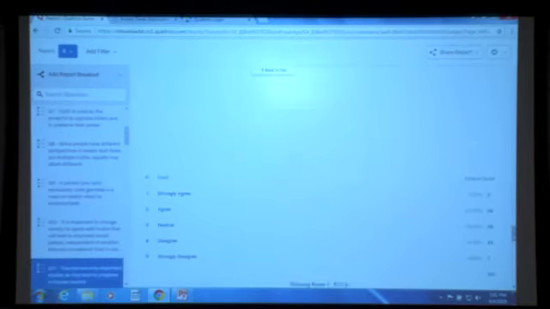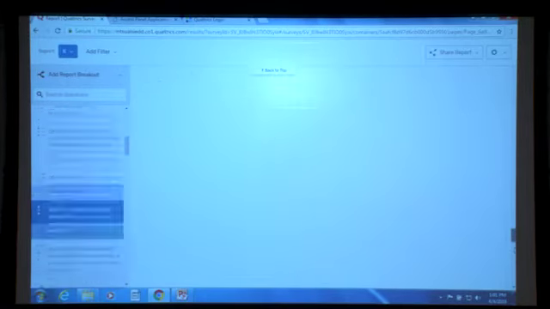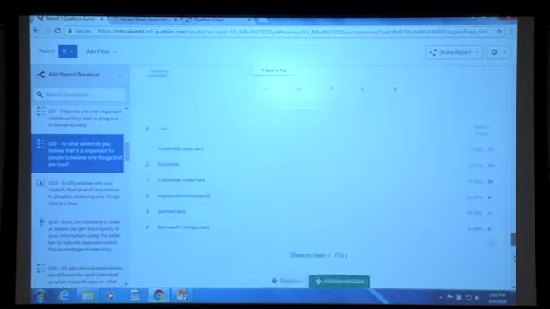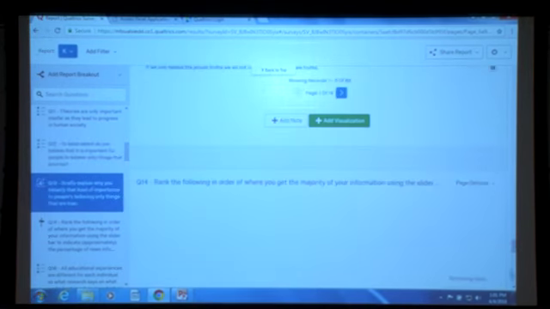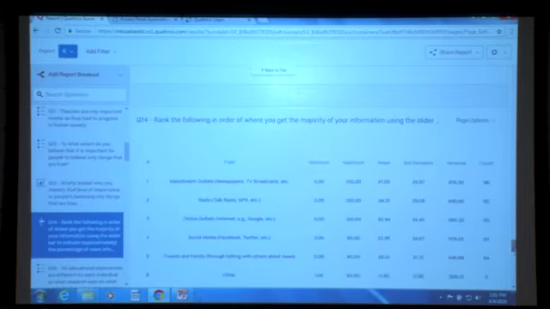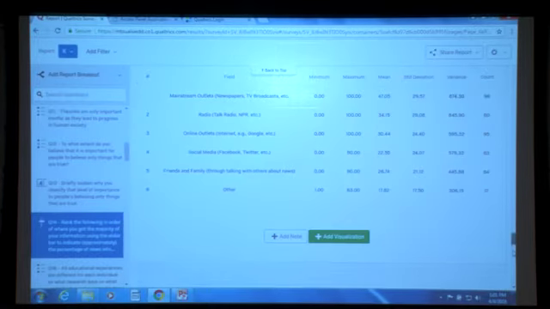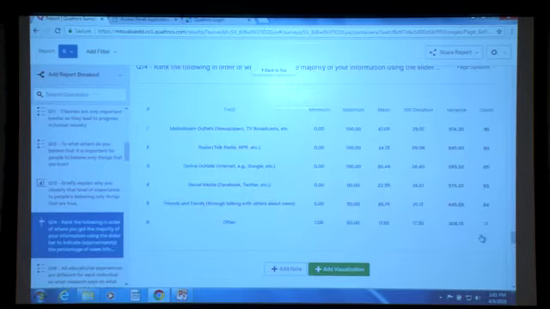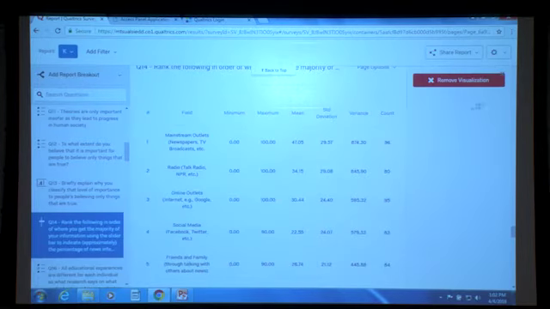I don't have to go back and create my own smart art. You can choose these and capture them as little screenshots right away. So here's my 14. Here's one where I had them do some rankings, and it comes out in these different tables of where they gather their information, or where they get their news from. It spits out the means, in terms of this is a percentage question. But there's this option here if I want to add a visualization. You can just click on that, and it gives you a variety of options. I'm not sure this will be a perfect one for that, but